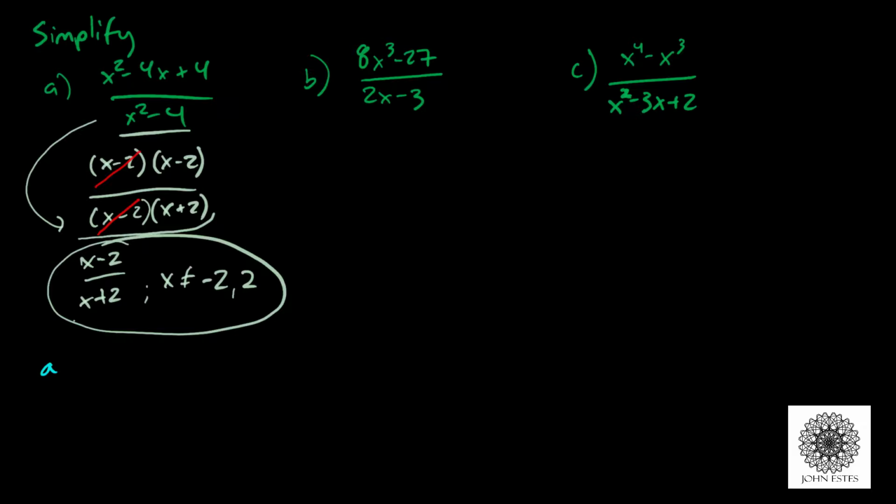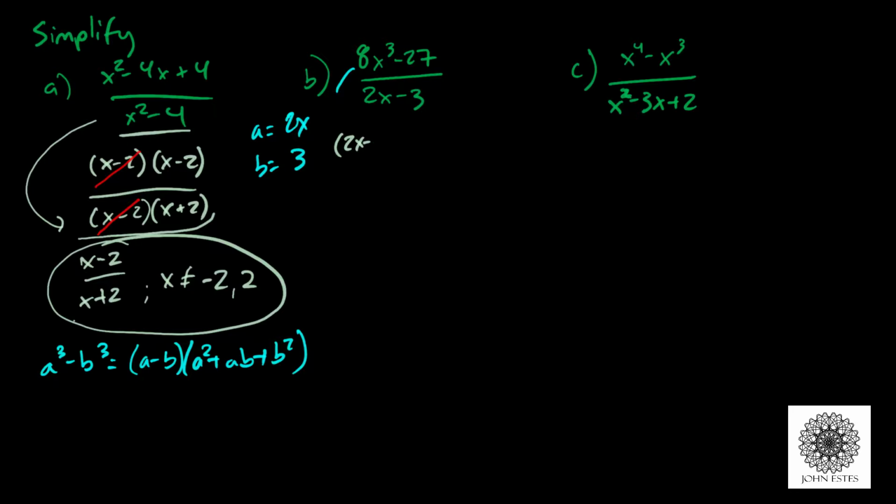So if you remember the formula for the difference of cubes, it's something you may need to remember. It's a minus b times a squared plus ab plus b squared. Okay, so in this situation, a is going to be 2x, and b is going to be 3. So based off my formula, I can see that this thing factors as 2x minus 3 times a squared, which would be 4x squared, plus ab, which is 6x, plus b squared, which is 9, all over 2x